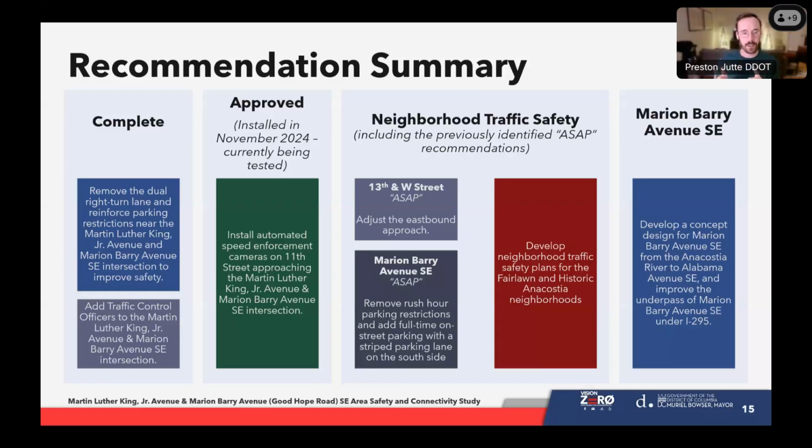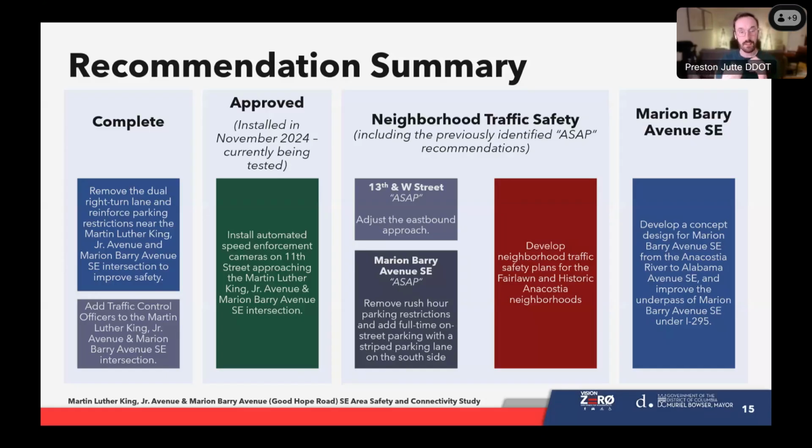And what we're really going to focus on tonight are these other two buckets over here: neighborhood traffic safety, so historic Anacostia, Fairlawn, and then this unified vision for Marion Barry Avenue Southeast. And the point of why we added these and why we've really focused in on these two areas with this